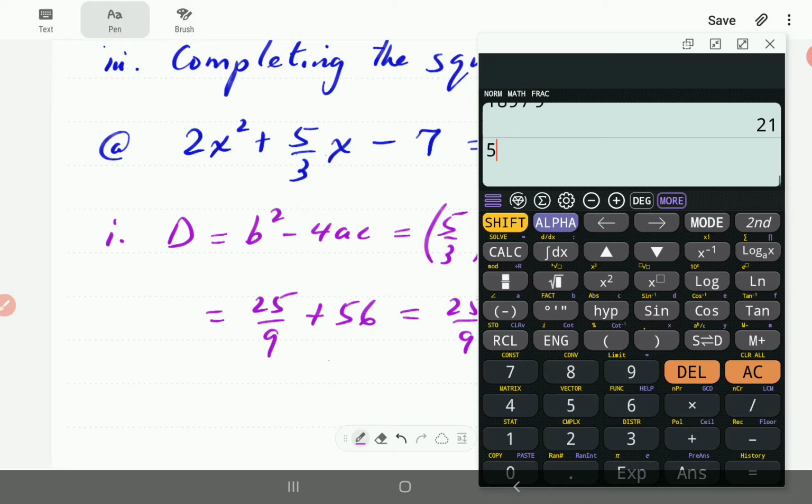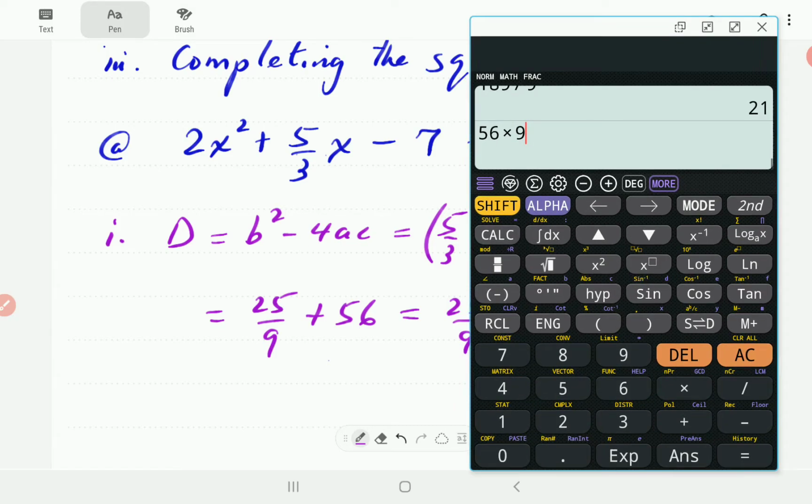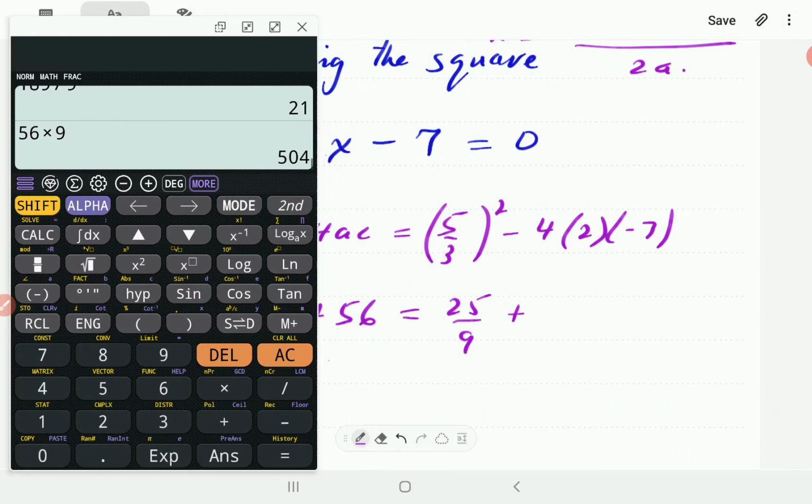56 times 9 is going to be equal to 504. So this is going to be 504 over 9. Then 504 plus 25 is going to be 529